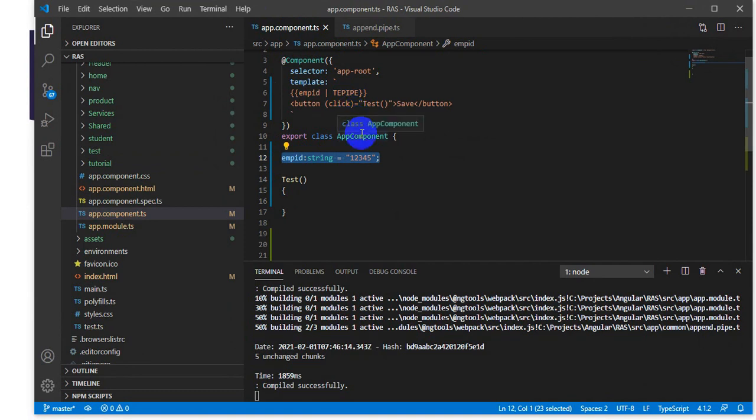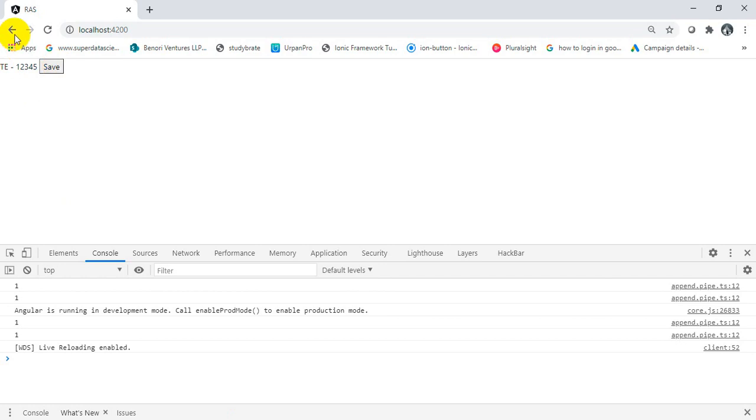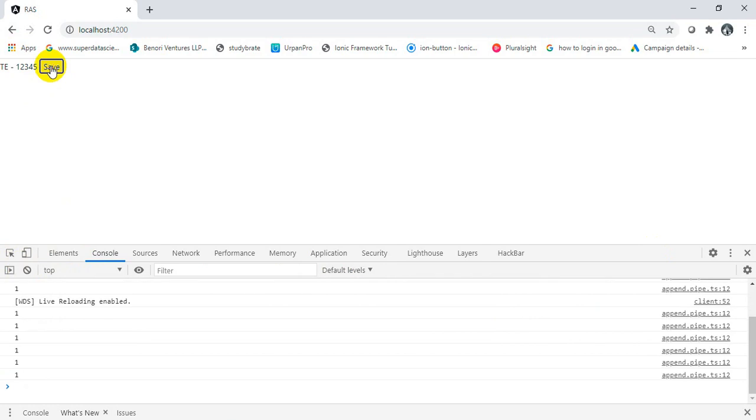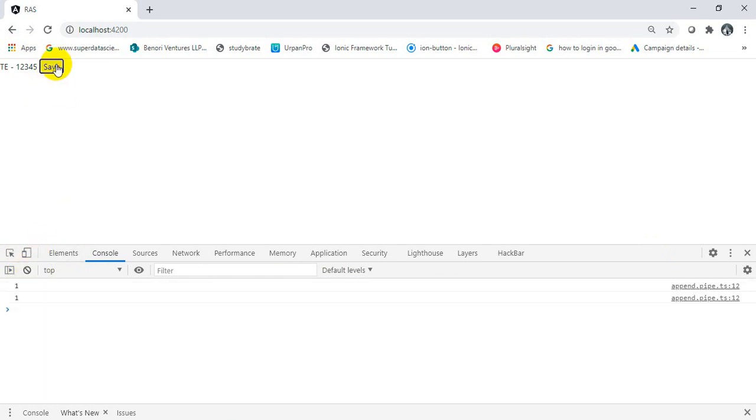And what's the meaning of the change detection cycle? Whenever I click on this button, what will Angular do? Angular will just try to render all the values, whatever we have on the page, on the HTML again. So whenever I click on this button, a change detection will occur and our transform method will execute again in case of impure pipe. Okay, let's check that. Let me clear this first of all. Whenever I click on this button, our transform method will execute again and again.